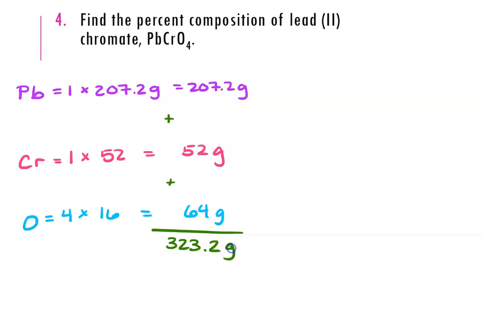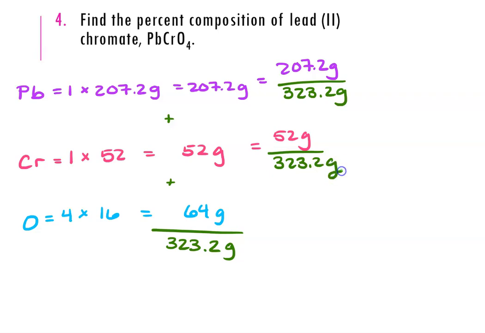323.2 total grams. All right, and then now I just divide each of my masses by the total. So I have 207.2 divided by 323.2, and then I have 52 grams divided by 323.2 grams, and then I have 64 grams divided by 323.2 grams. And of course, I gotta multiply each of these by 100 because it is a percent, not a decimal. All right, so I'm gonna plug this into my calculator and I get